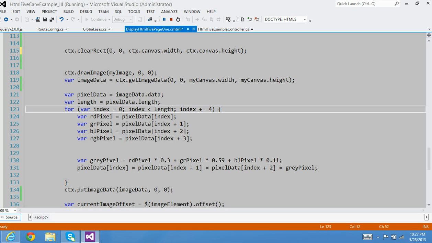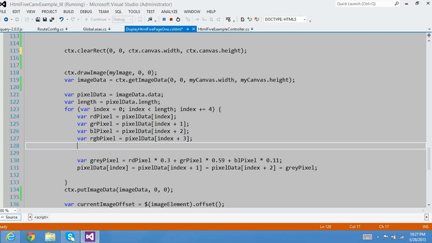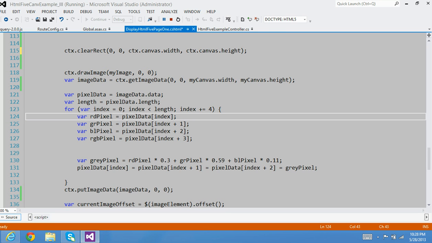Because from the image, I would like to grab the red value of the pixel, the green value of the pixel, and the blue value of the pixel. This is the RGB value of the pixel, which is of course given by the very first value in the array is always